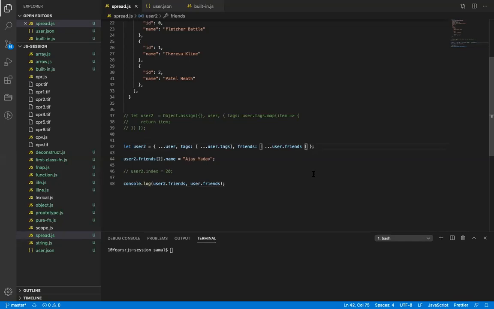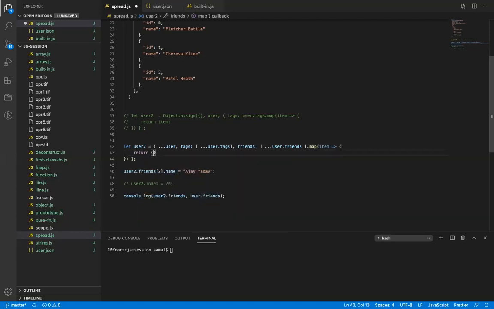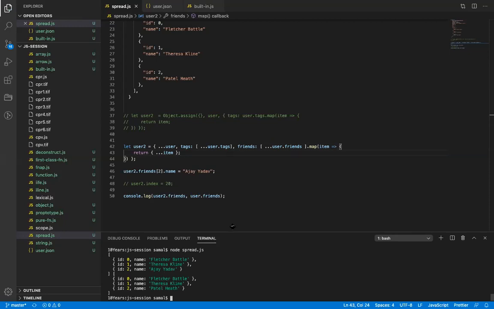I think I can do this. Let me just try this. Dot map. Content. Just do this. Again, I will just spread the item. Now let's just try this. Basically, oh, now it worked.